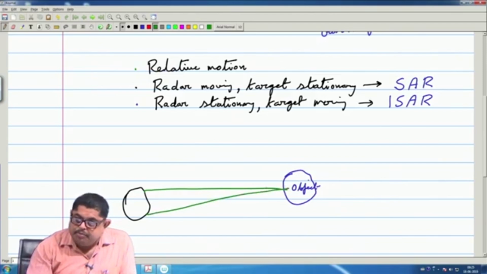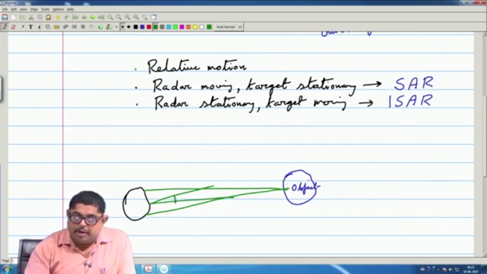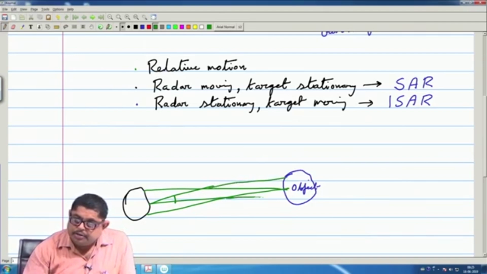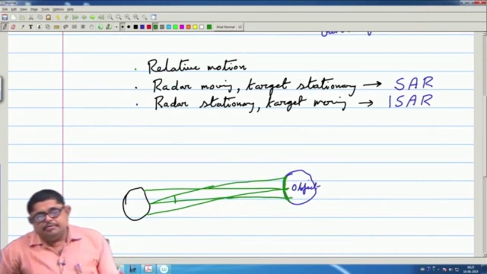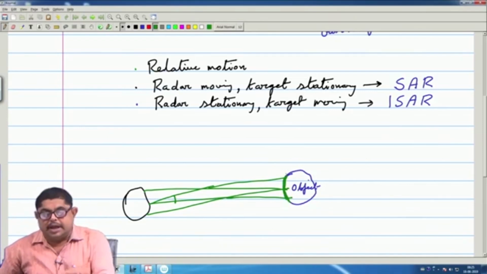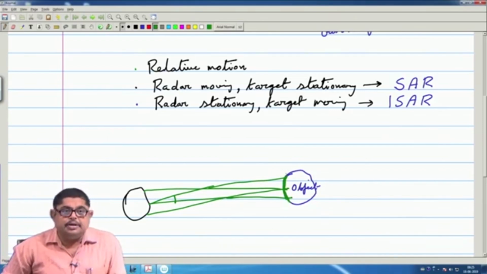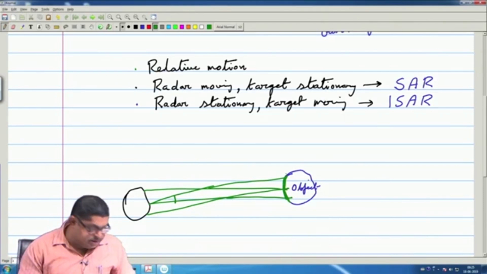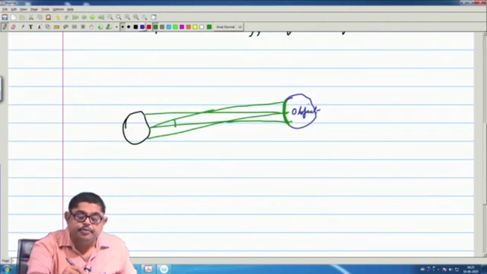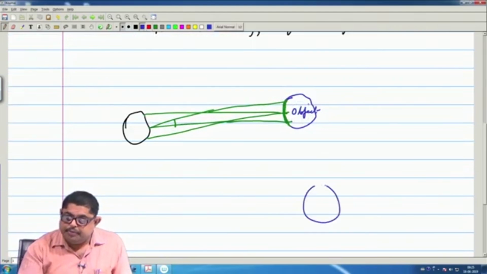So, this beam width, let us say this beam width that governs. So, here if it gets projected here, that means anything in this zone, that beam width, that is the resolution of the thing. Now, instead in SAR what is done, the object is same, but